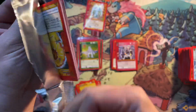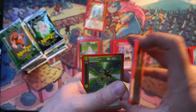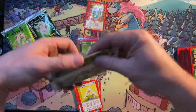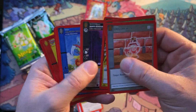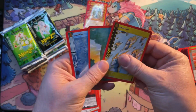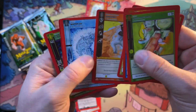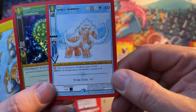Let's see. As of this video, we've received everything except for theme decks. Now, we haven't received everything of everything, but I've received about 30 to 40% of the products that I ordered of all types, except I haven't received any theme decks yet. So we're just kind of waiting for those. If I haven't gotten them, probably no one has gotten them, except maybe the ultra elite, like maybe Rudy or some bigger peeps with large operations might have gotten their claws into some early theme decks. But the rest of us, folks,